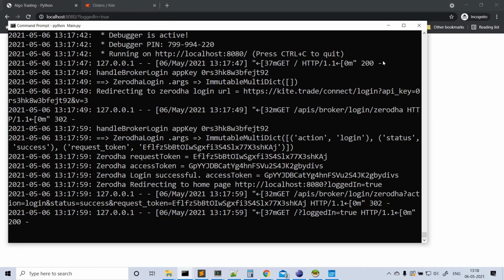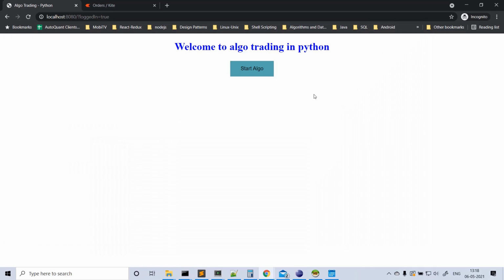Okay, I'm clicking on the start algo button now. So what should happen? First of all, the algo will start the trade manager, and the trade manager will start a ticker service, and the algo will start multiple strategies. In our case, we only have one strategy now. The strategy will have its own logic and generate trades, and it will give the trades to the trade manager. On each new tick generated, the trade manager checks each trade, and it calls its corresponding strategy to place the trade or not. If the strategy gives the trade to be placed, then the trade manager will place the trade.